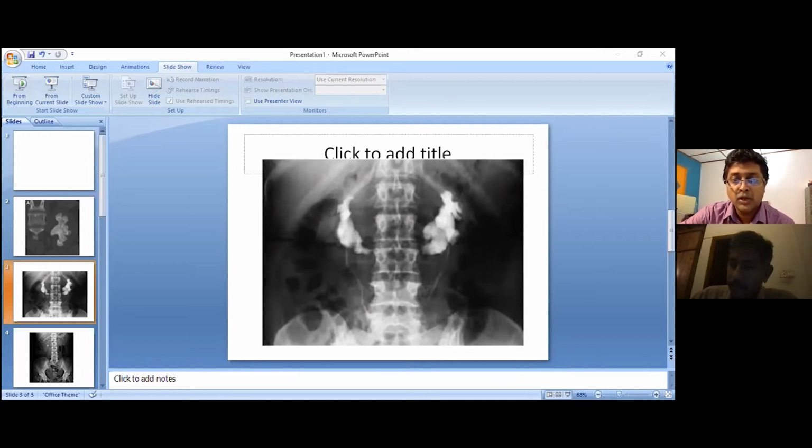This is a part of an X-ray KUB, I reckon, and I can see the kidneys are more medially arranged. I can see some abnormally positioned ureters, like maybe some contrast is also used, maybe a part of a contrast study depicting a horseshoe kidney with calyceal